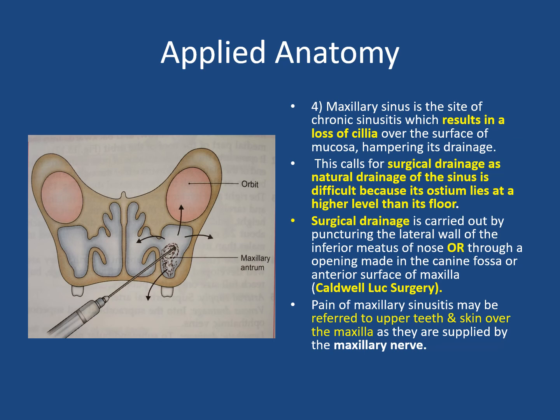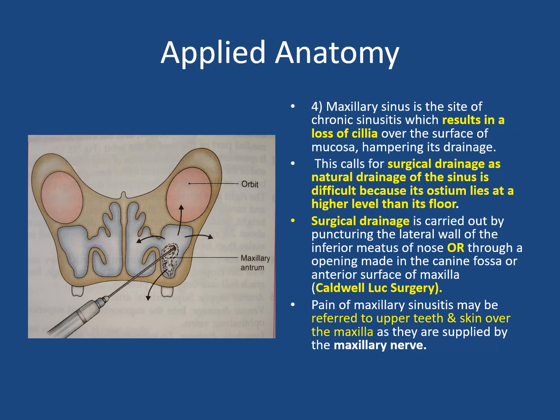I told you earlier that the cilia on the mucous membrane help to carry the secretions of the paranasal sinuses towards the nasal cavity for drainage. Now if the cilia are lost, there won't be any drainage of the secretions of the sinuses, isn't it? So this calls for